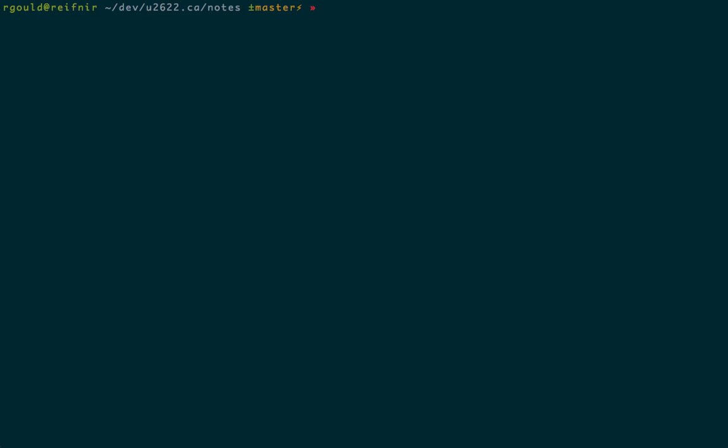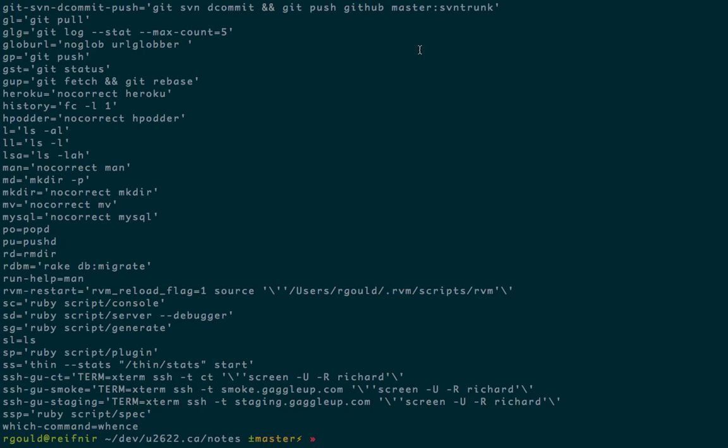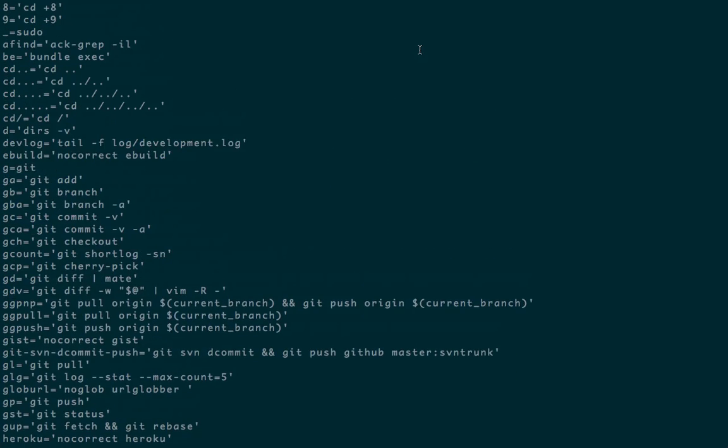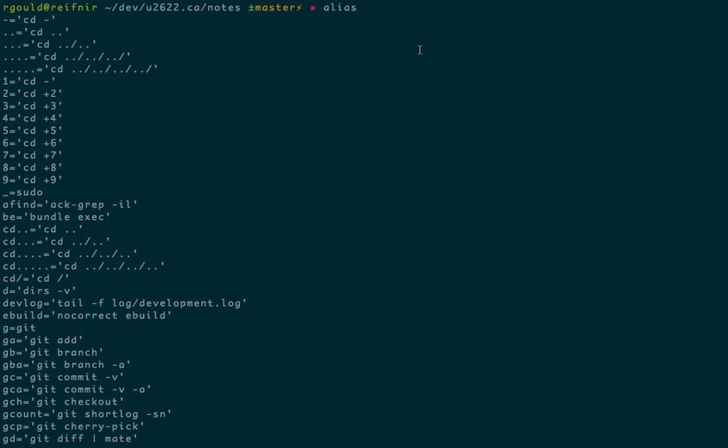To see the list of aliases that you've defined already, you can just type alias. As you can see, I've got quite a bit here. A lot of them are added by the oh-my-zsh extensions, and a lot of them are ones I've defined myself. Some of my favorites are these ones right here, and I use them quite a bit to quickly jump up